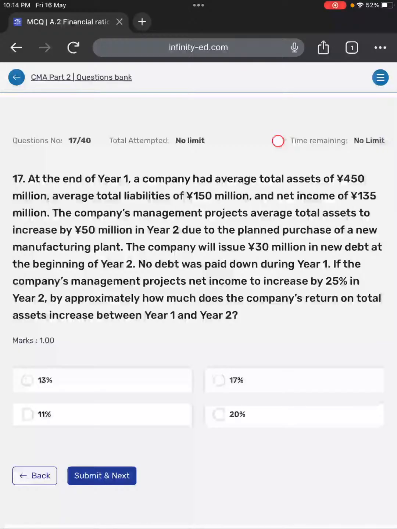Year 2 minus year 1, divided by 450. 450 or what? This is 3.31. Okay. 33.33 and